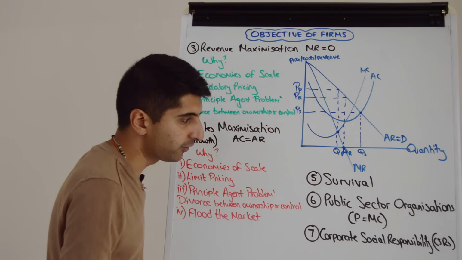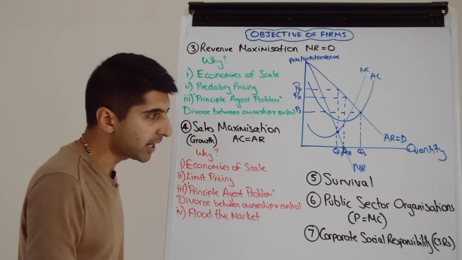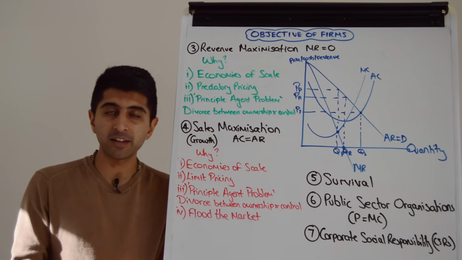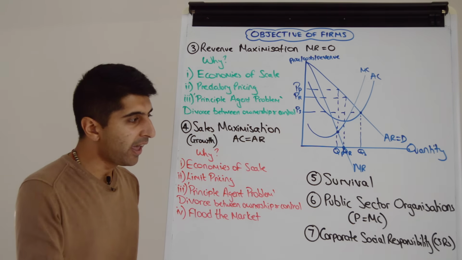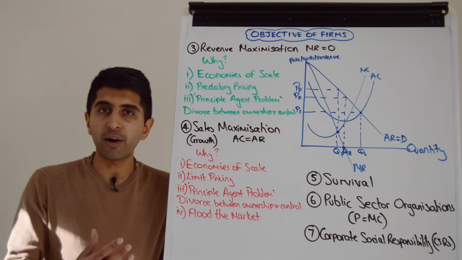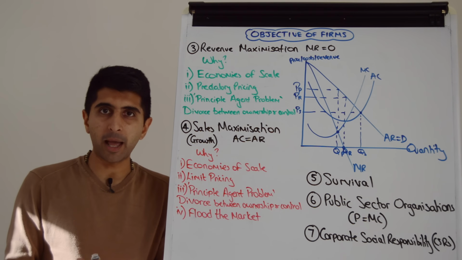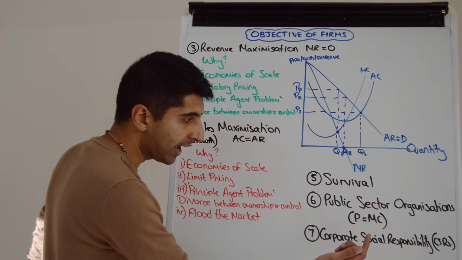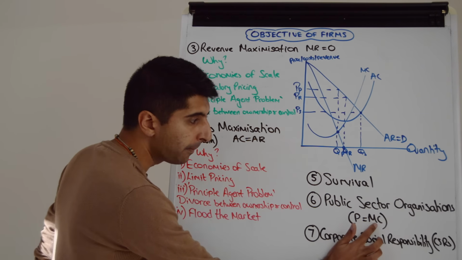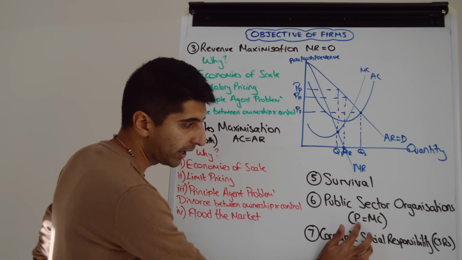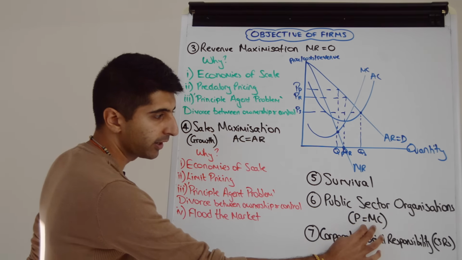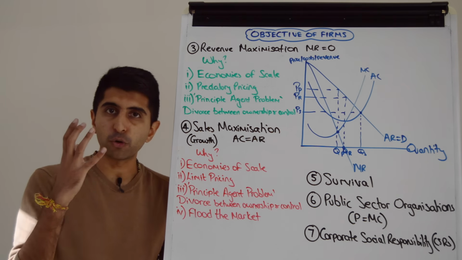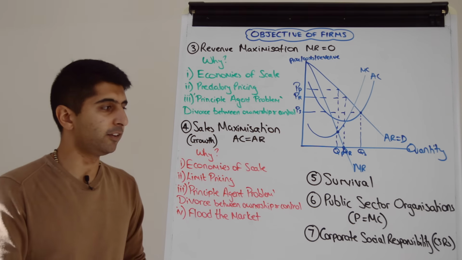Public sector organizations will have very different objectives. Their objective is always to maximize society's interest, maximize the public interest, maximize society's welfare. And therefore, they're going to aim to price and produce where demand equals supply, because that is allocative efficiency in the market. Well, we know that demand is the AR curve, and that's the price, so that's demand. Marginal cost is the supply curve. So where demand equals supply, that's where it occurs on a business diagram. That's going to be their objective, to keep prices low, to make sure quantity is high, to maximize society's welfare.